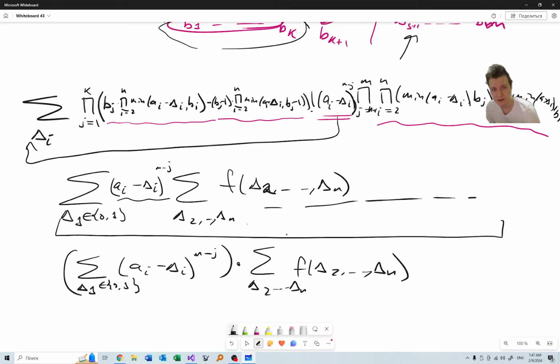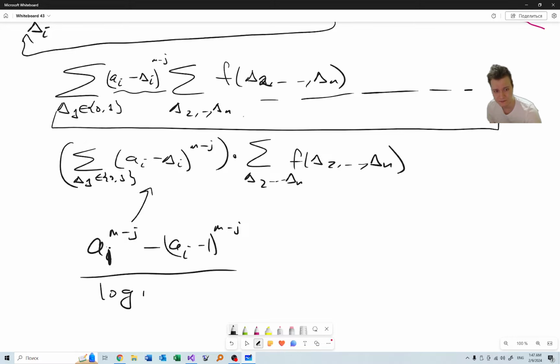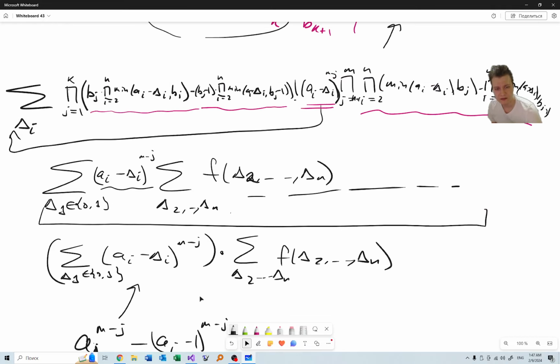But here, this is simply the difference of two powers. So it's equal to ai to the power m minus j minus ai minus 1 to the power m minus j. And this can be calculated in logarithmic time. So we have removed one multiplicand from this sum, and we can repeat it. Yeah, for example, here again,